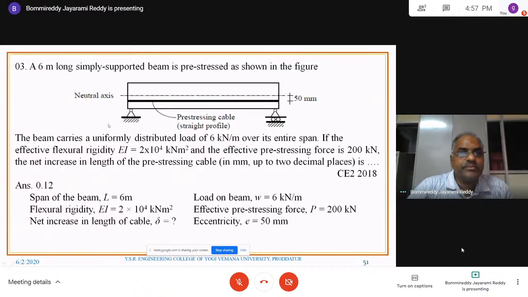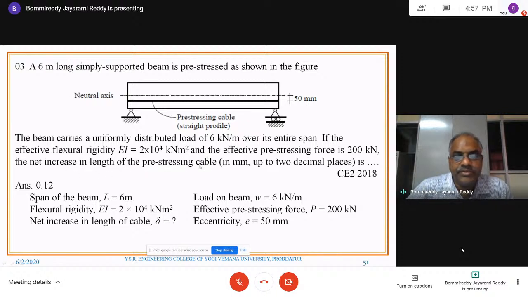Now, next question. A 6-meter long simply supported beam is pre-stressed as shown in the figure. So the neutral axis is given, the pre-stressing cable is provided here as a straight cable with an eccentricity of 50 mm. The beam carries a uniformly distributed load of 6 kilonewton per meter over its entire span. If the effective flexural rigidity is EI and the effective pre-stressing force is 200 kilonewtons, the net increase in the length of the pre-stressing cable is